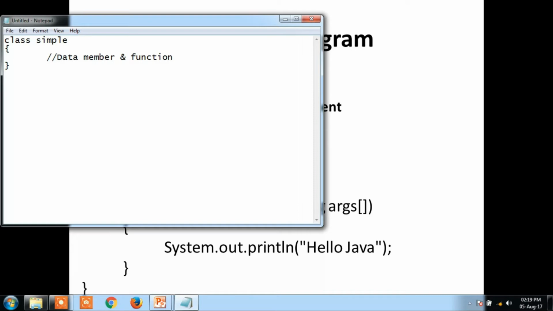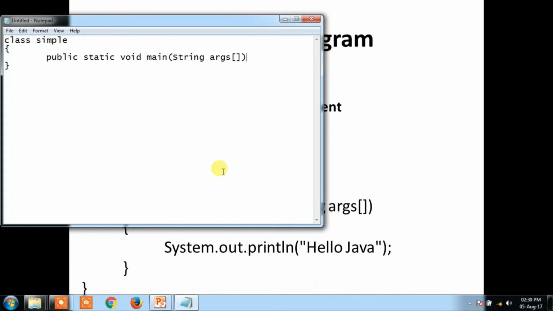Now between this class, let's write that is public static void main string args. Here the five words, that is public static void main and string args, I have to describe. The first one is public. Public is the access modifier, or I can say it is used to represent visibility. It means it is visible to all.